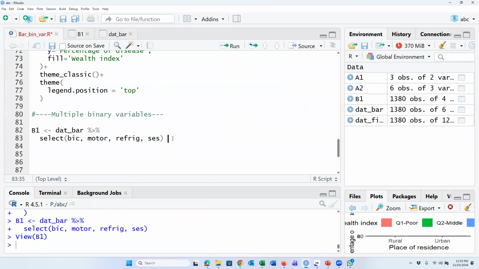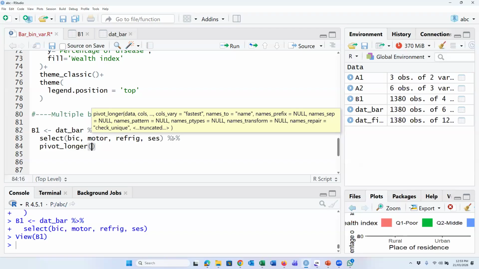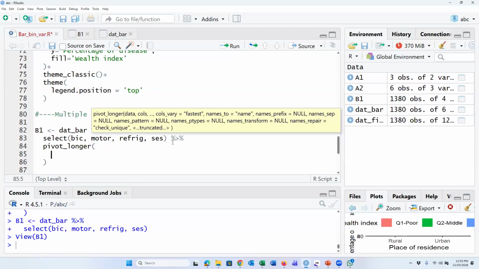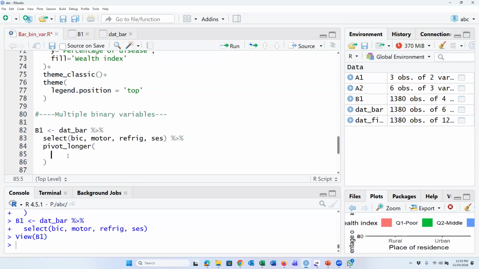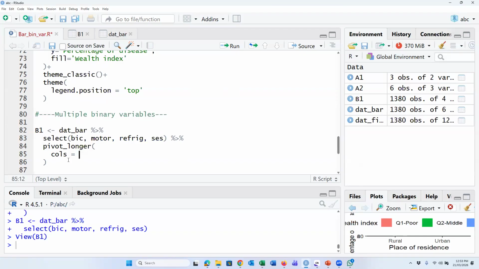So we have to use the pivot function. Why the pivot function? Then that will be the long format. For example, cols is equal to, just we will copy the binary variables.